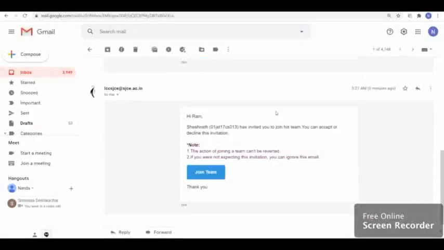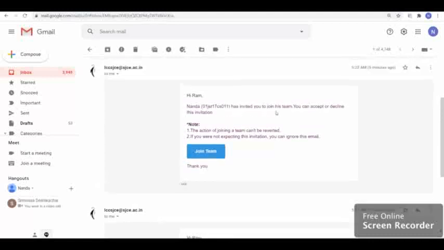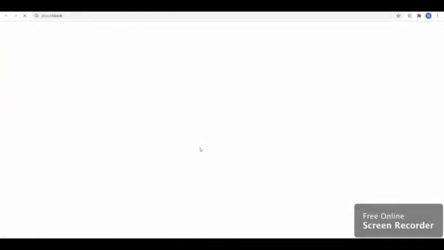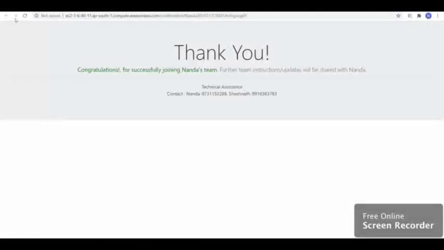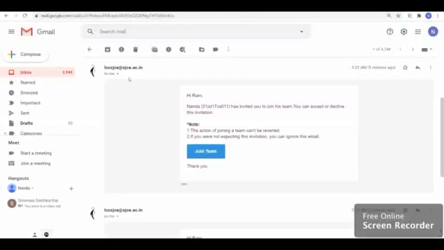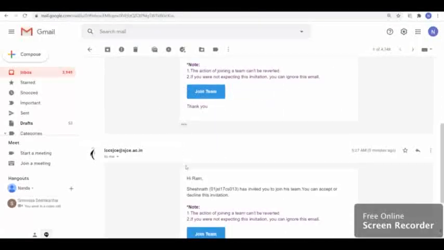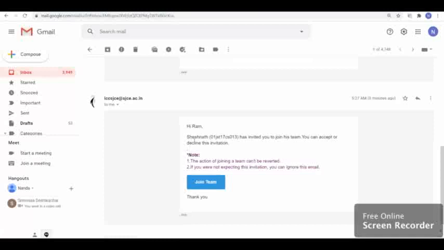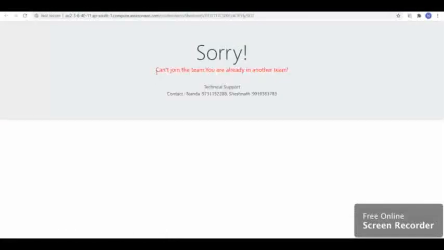Now, if he tries to join team Nanda, then he gets a success message. But after this, if he again tries to join the team of Sheshnath, then he gets an error message, because at any point of time, a team member can be a part of only one team.